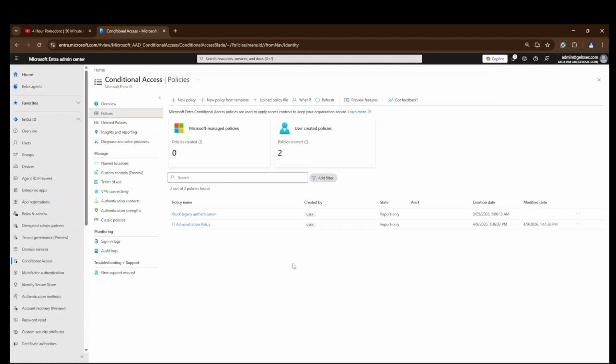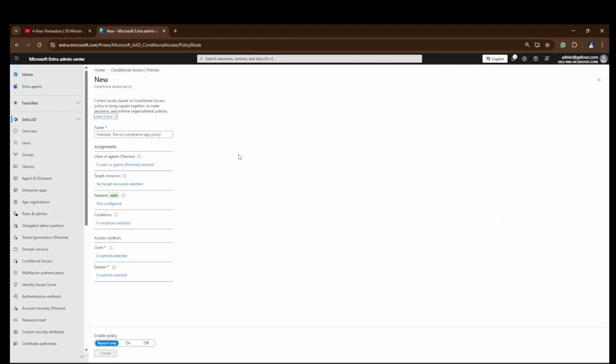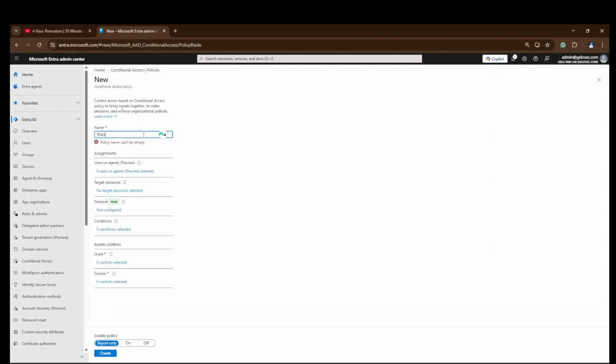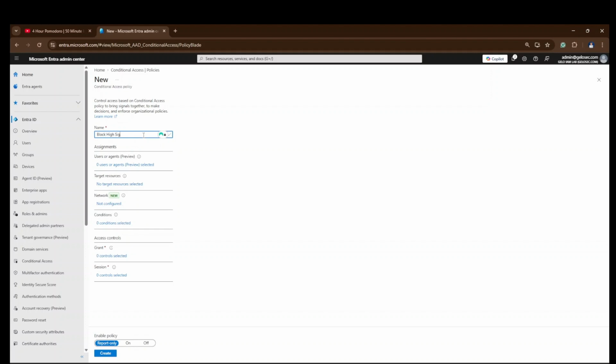In policy number 3, we cannot mix block and password reset in one logic. So what we're going to do here is create two policies: one for sign-in risk and one for user risk. In order to do that, let's create a new policy and name it block high sign-in.